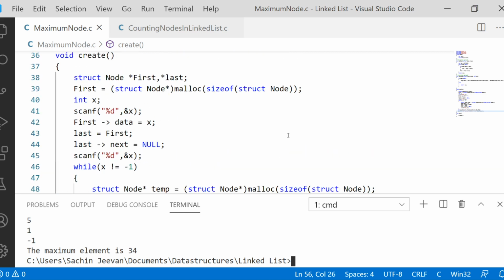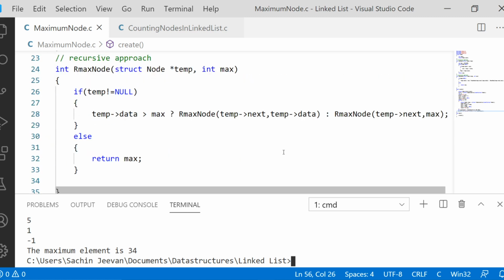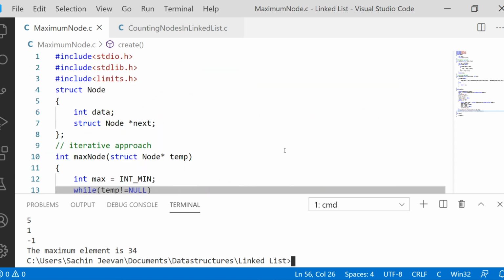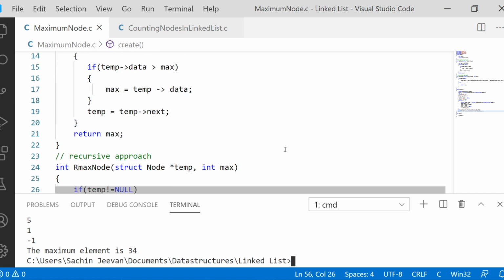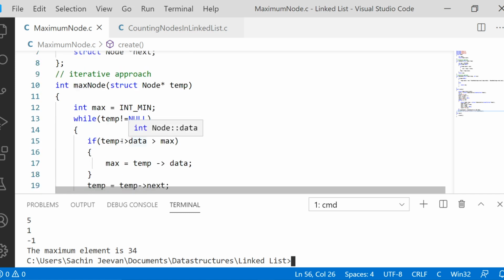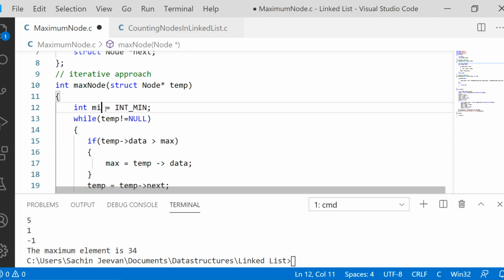Now it is time for us to change the same code to minimum, because there is not much difference. We are going to change the same code for finding the minimum node. Instead of checking whether temp of data is greater than max, change this variable to minimum. And instead of storing the minimum integer value in the variable, store the maximum integer value.